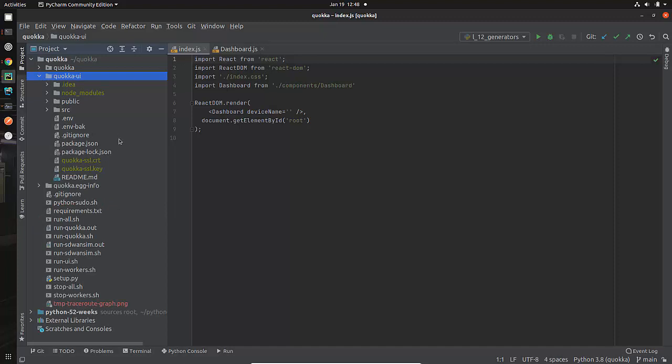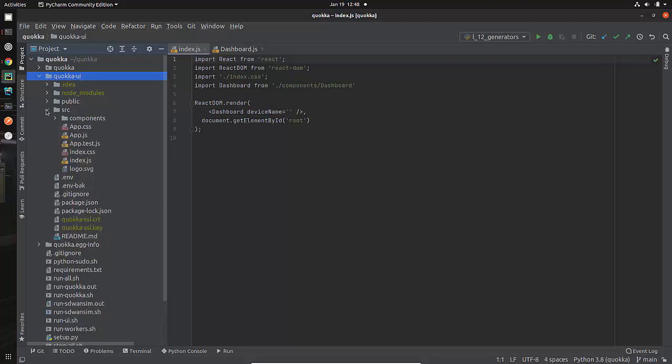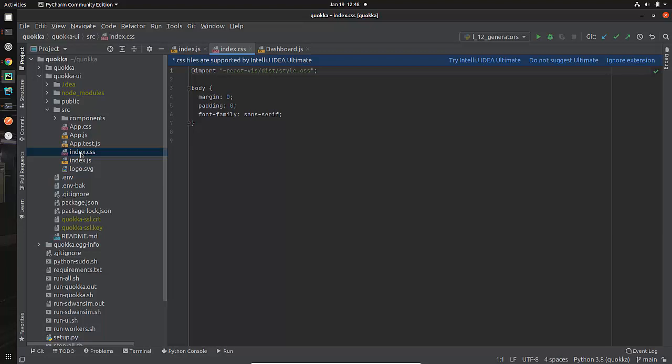Now, let me give you a brief overview of the code that we end up using in this React application. This is how it was built, and I've been following exactly what they said I should be doing. The basic framework is that I have my Quokka UI folder, and within it I have something called source. Within source, all of these things came for free. The only one that has anything of interest for me is this thing called index. At a high level, again, I'm not going to go through all of this stuff, and you'll notice I just clicked on